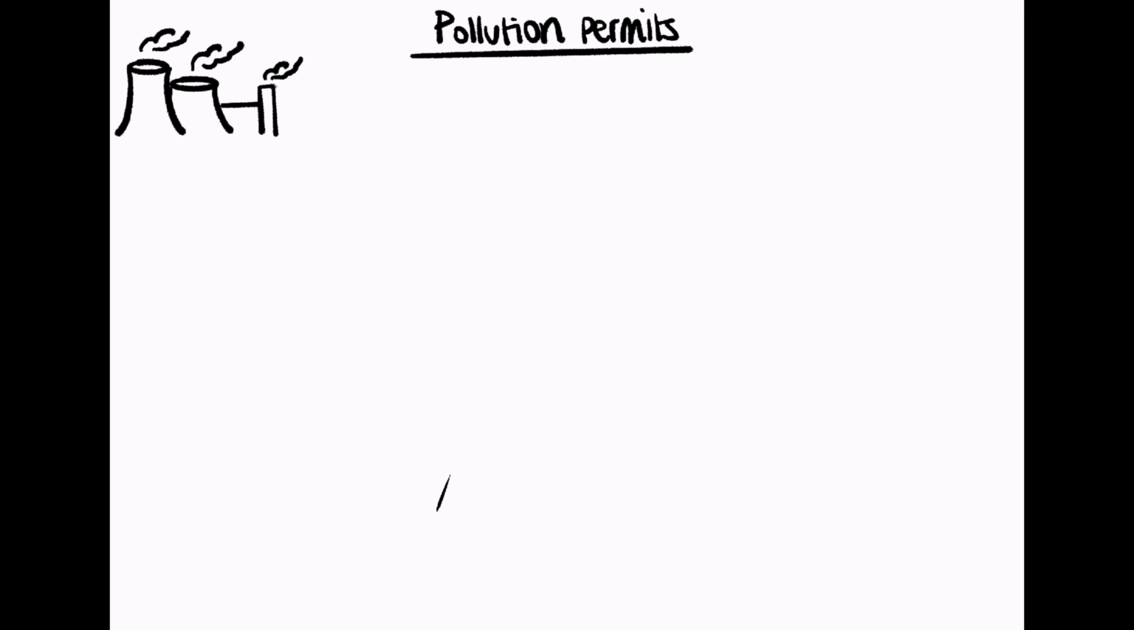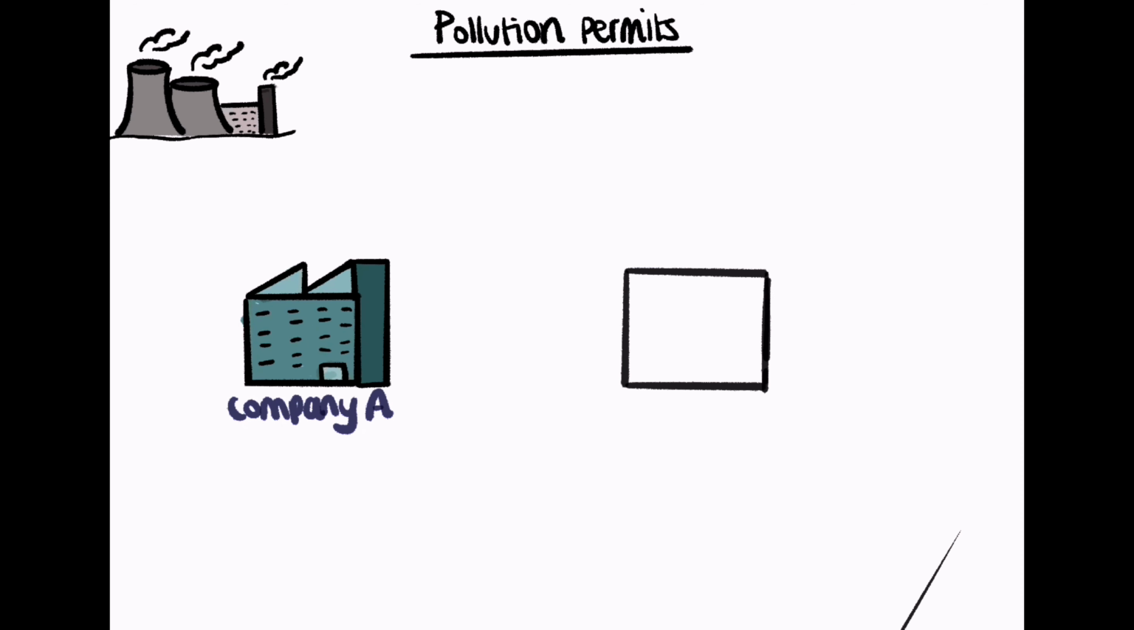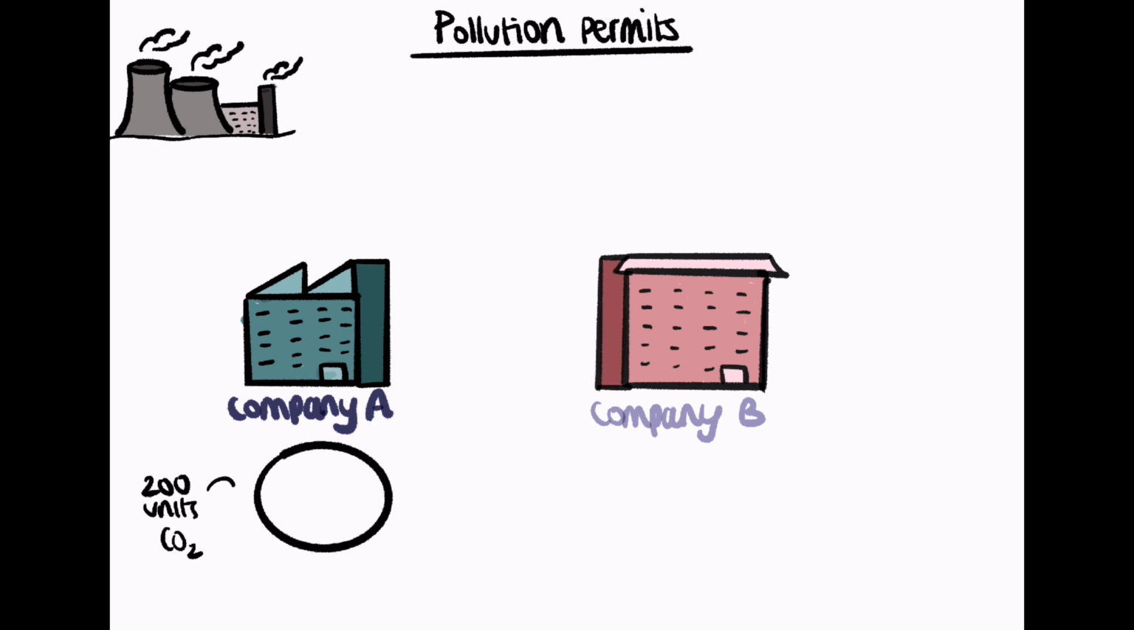Finally, let's take a quick look at tradable pollution permits. So what happens is the government actually creates a market for pollution permits. So each company would be able to purchase a permit allowing them to produce a certain amount of pollution per year. For example, say company A was allowed to produce 200 units of CO2 per year, but they only use